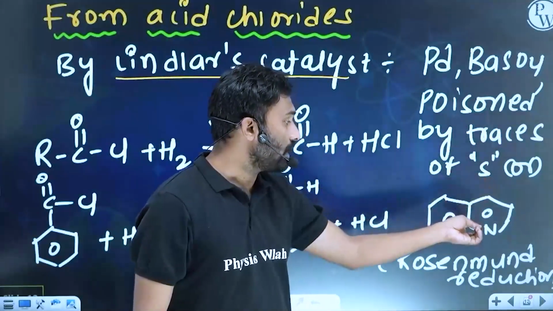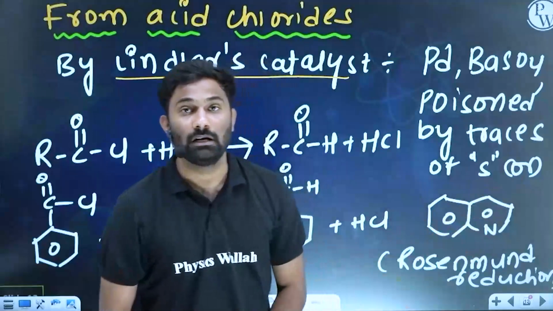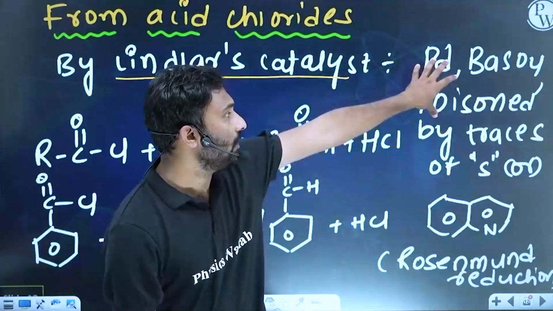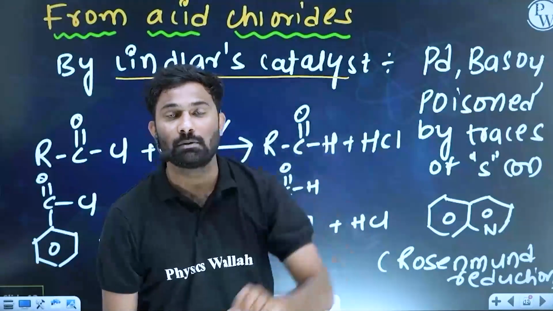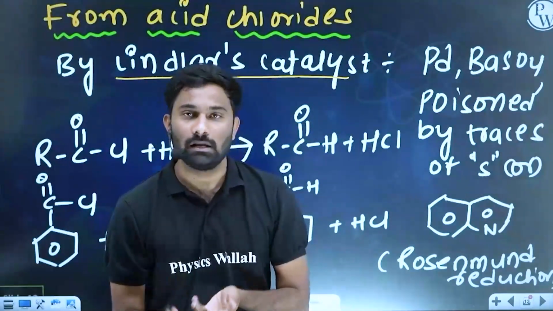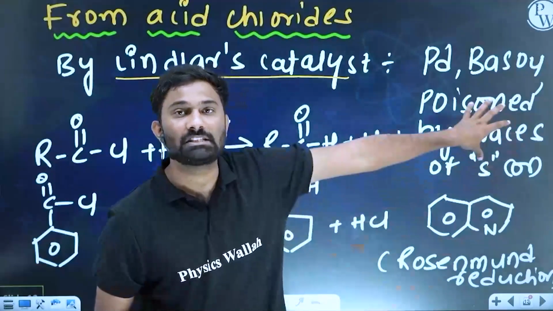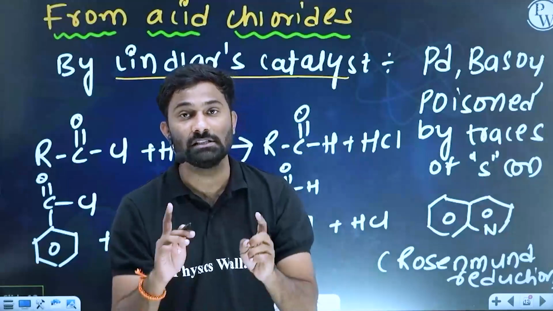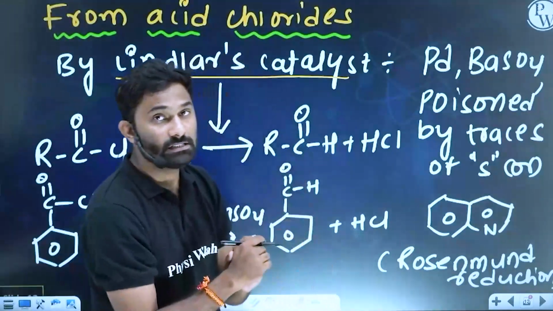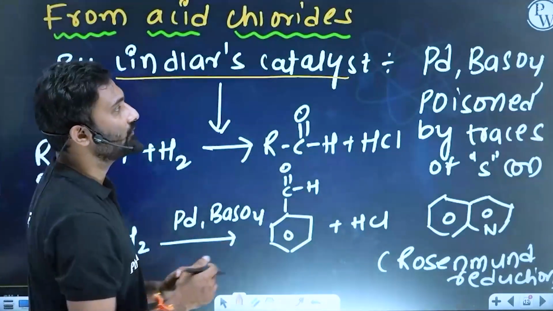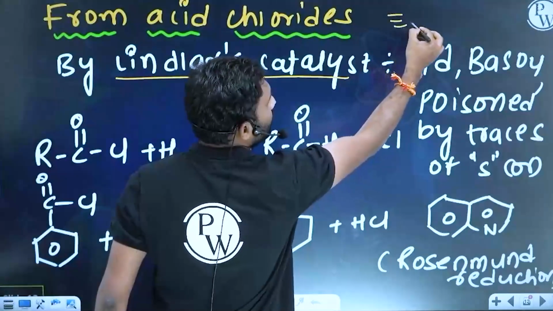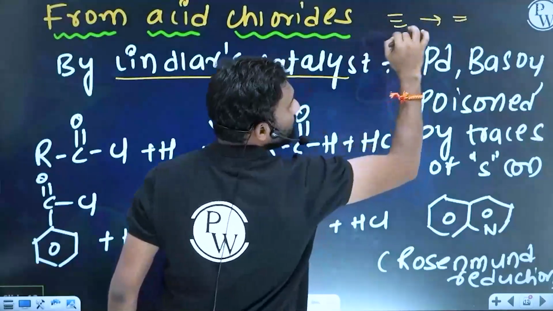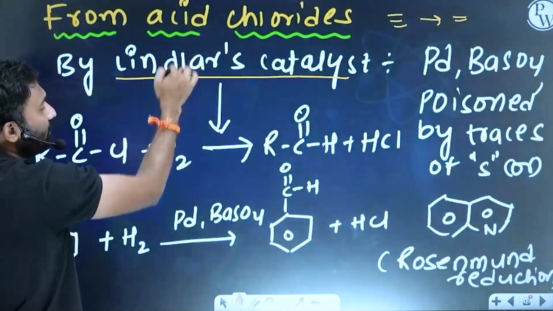If it reacts with a triple bond, it will stop the reaction at the alkene stage, at the double bond. If it is reacting with the acid chloride,